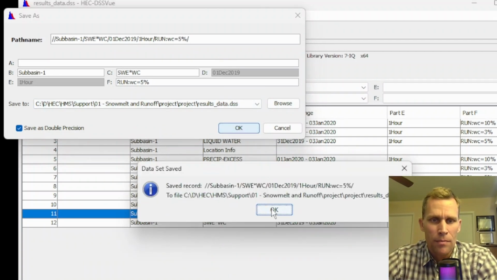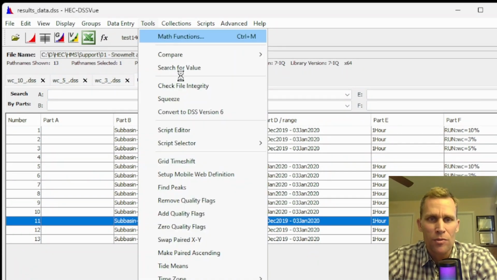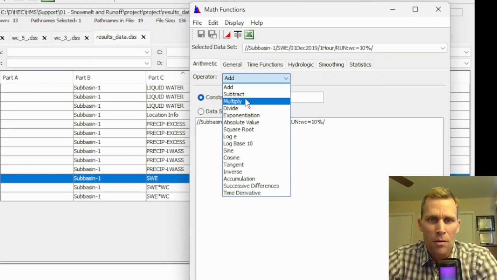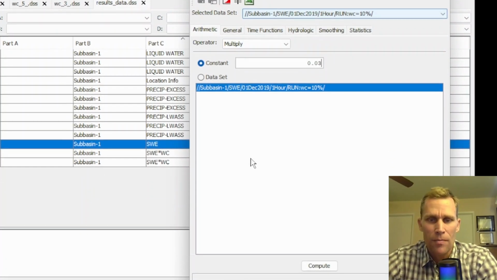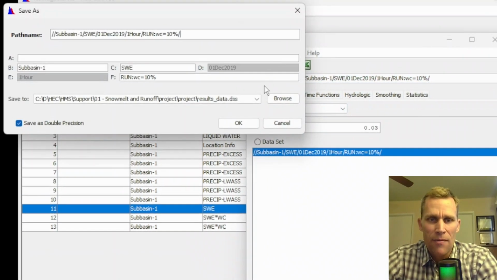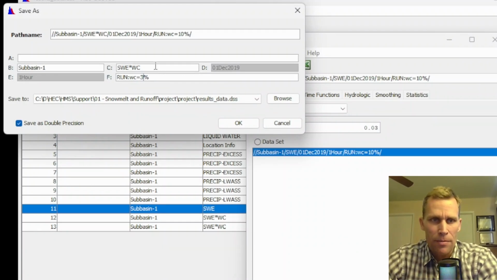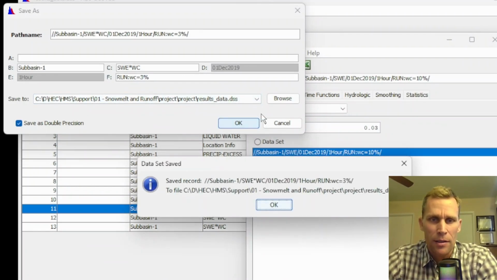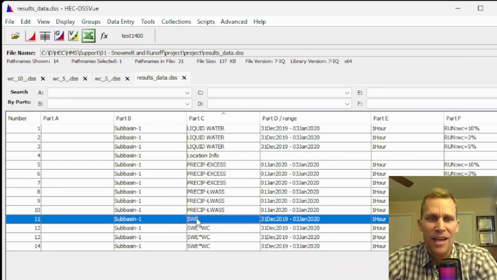And OK. Last one here, snow water equivalent, Tools, Math Functions. Going to multiply that snow water equivalent by 0.03, compute, save as, times WC. That's going to be 3% here for part F, and click OK. OK, and close that. Now let's go ahead and